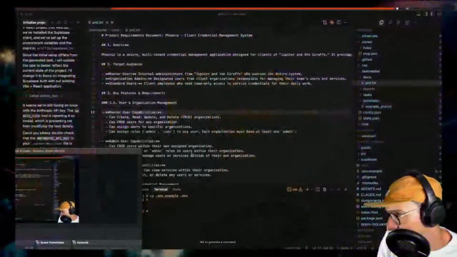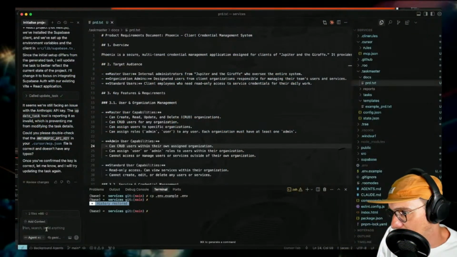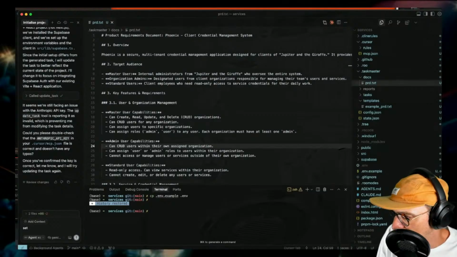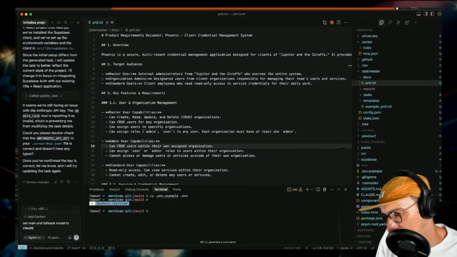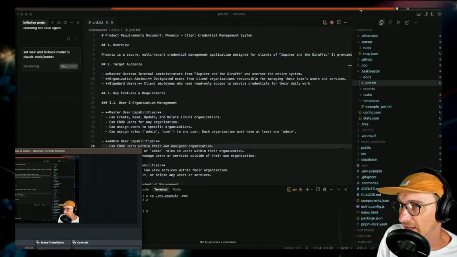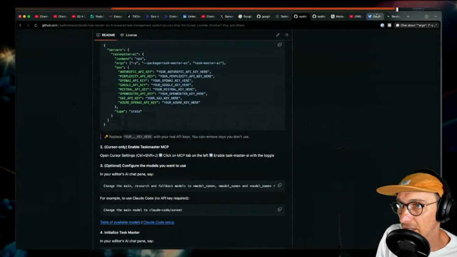All right, how do I... Let's try one thing, right? So you can actually set the model you want to use. Set main and fallback model to Claude, because I want to use my Claude Code login. Claude Code Sonnet, which it has on the